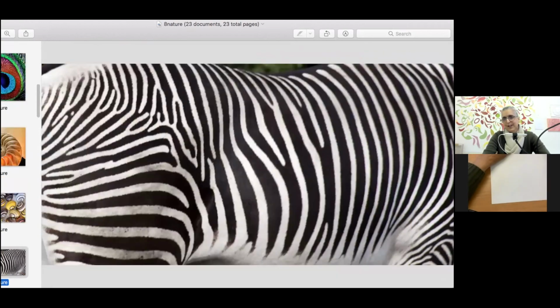We've got a zebra here. And again, we've got these marks, very contrasting black and white marks. Very solid this time, quite different to the ones on the shells, but they're extremely varied.